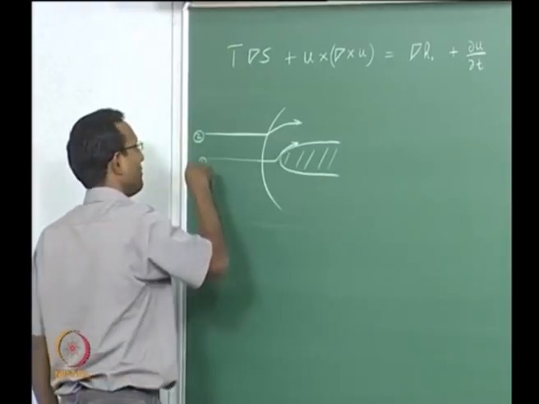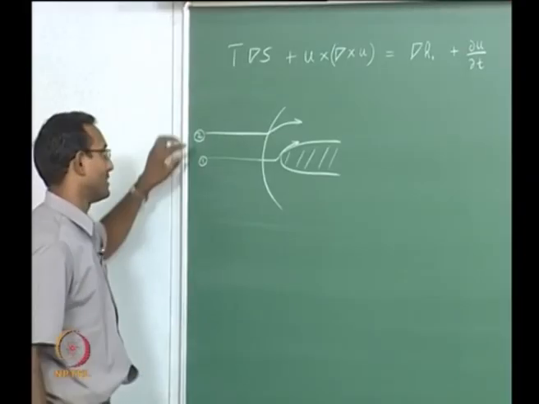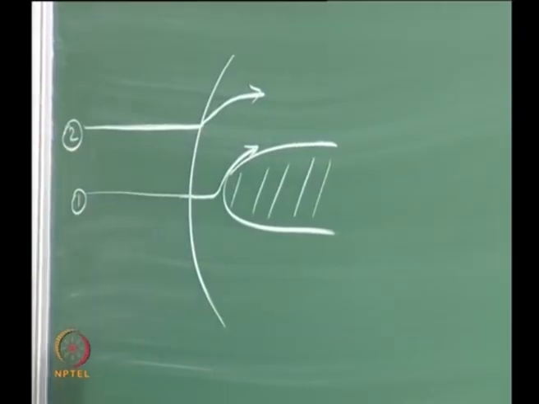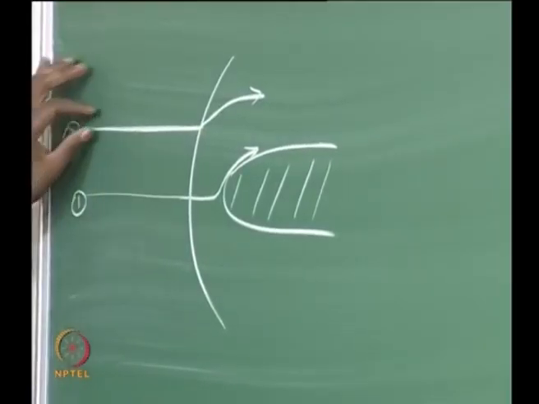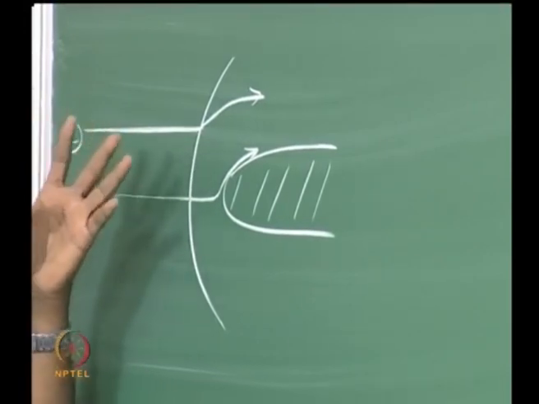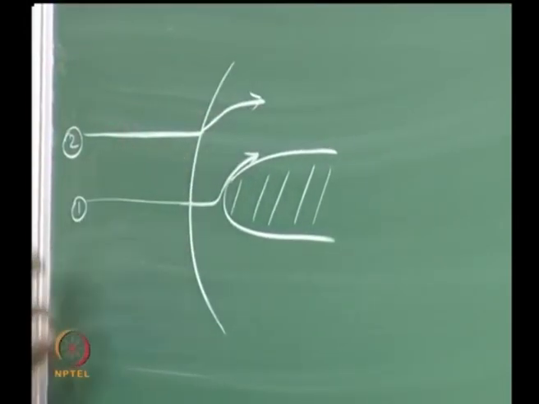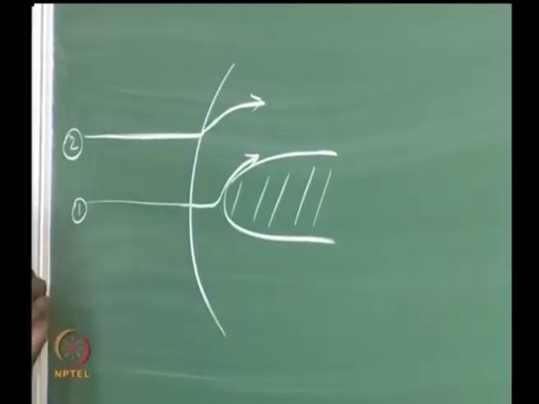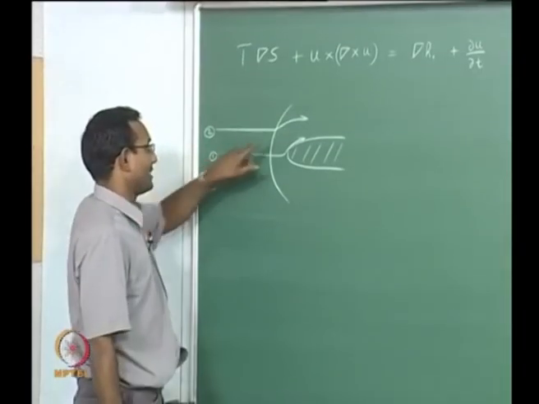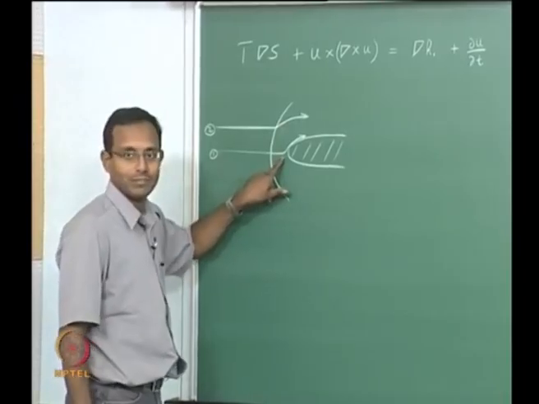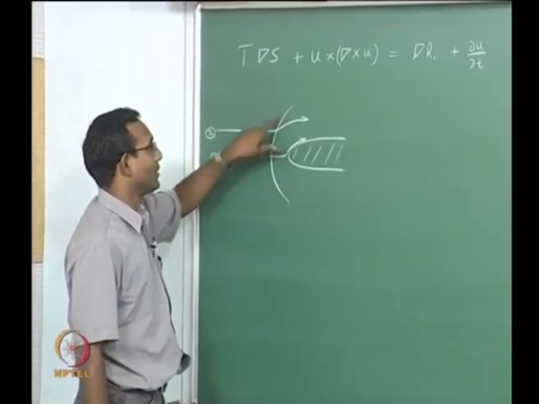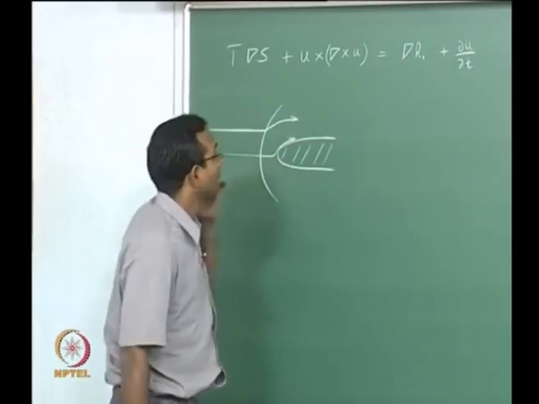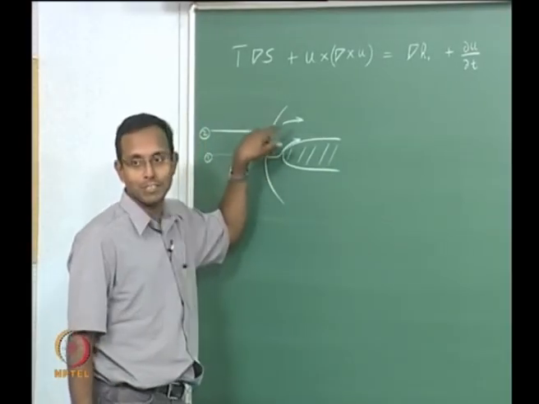So, I am having no gradient difference, and that particular stream tube with this streamline in it is going to have no change in stagnation enthalpy, because it is adiabatic flow. The flow through a shock is adiabatic anyway, that is the only difference in this. It is just going through that particular process. Here this particular stream tube around this streamline also will have H naught that does not change along the streamline. So, H naught here is the same as H naught here. That means in this region I am going to have del H naught equal to 0. The gradient in H naught here is 0, it is all the same H naught.